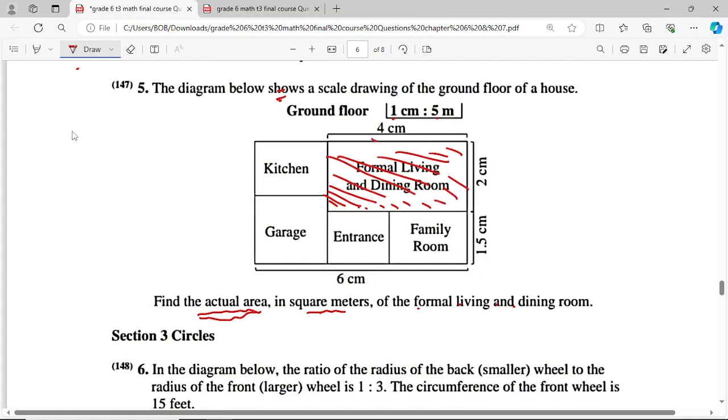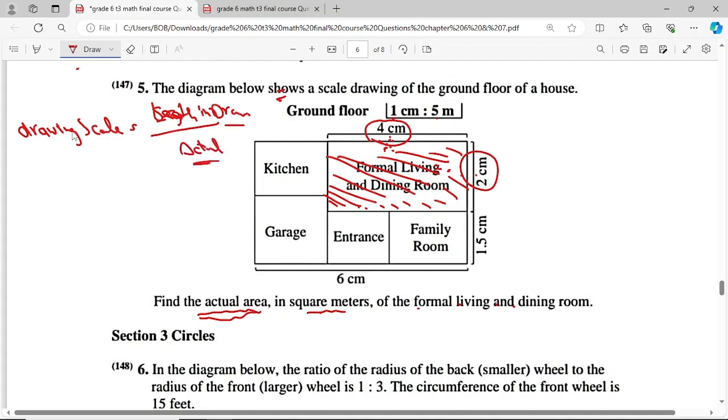Okay? Means length is 4 and width is 2. Before we get this area, we need to convert or change these two sides to actual length. So now I have the drawing scale equation, which is equal to the length in drawing divided by the actual length,